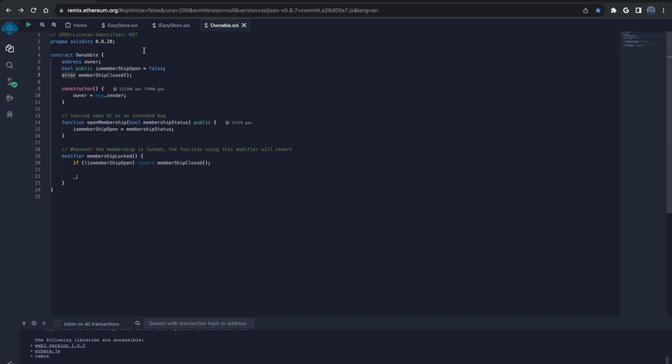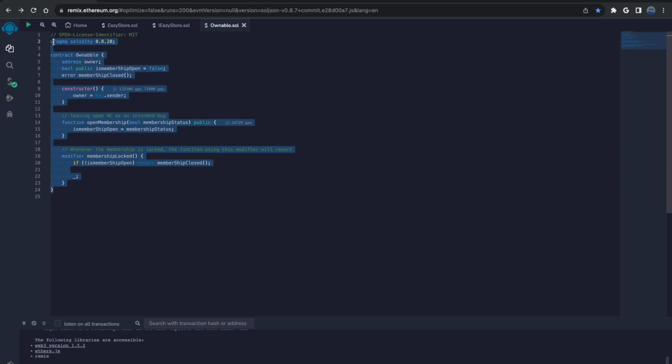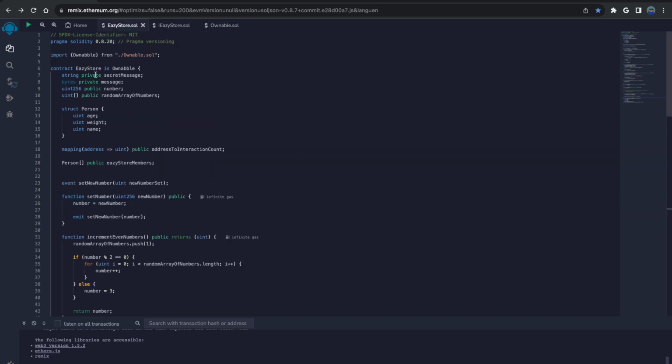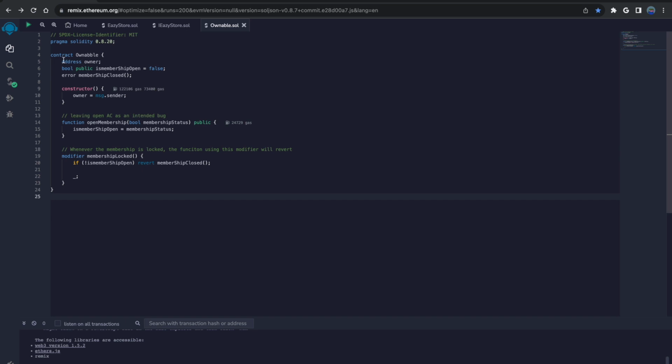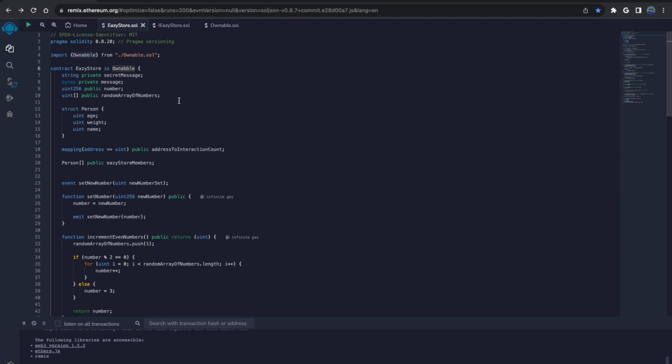If I want my Easy Store to use some of the storage and the functions involved with this ownable contract, the way I can inherit it is by saying Easy Store is ownable. Now, all of the data will be stored in this Easy Store contract, but it's inheriting the functions. So that's what inheritance is, and there are alternate ways that you can inherit things.